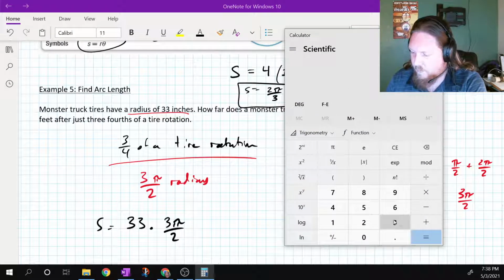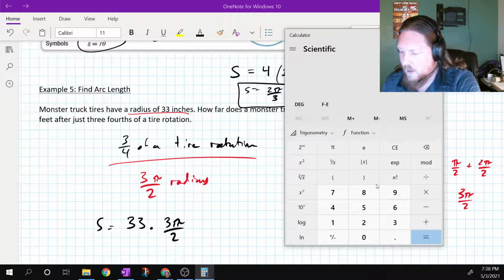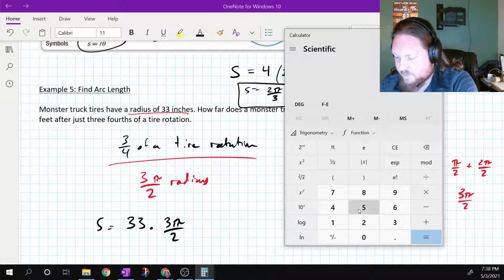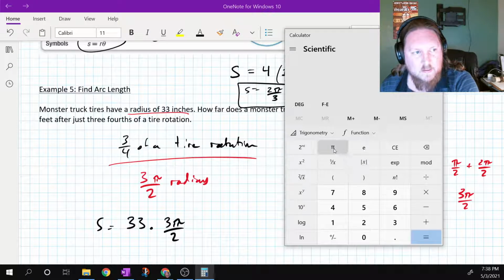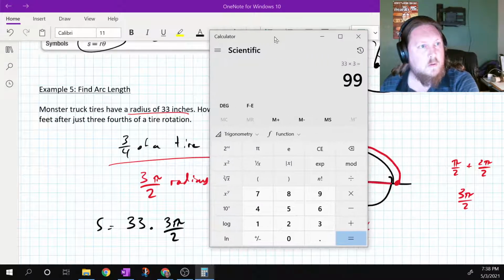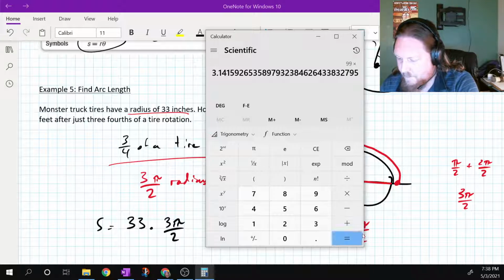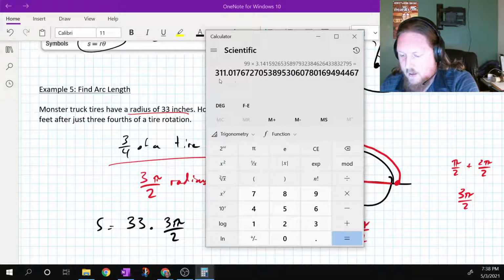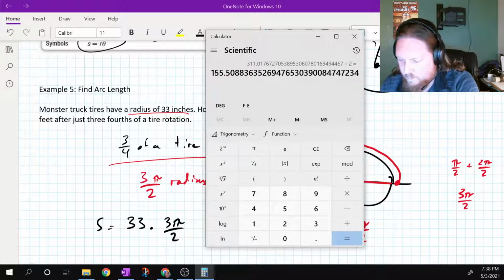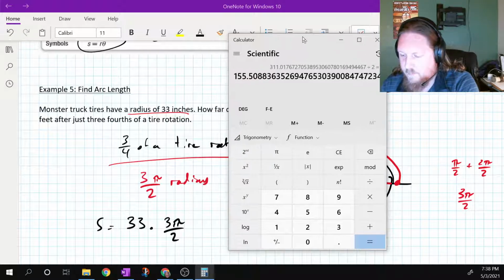So 33 times 3 equals, and sometimes there's a nice pi button on your calculator. Here we happen to have one. Now I'm going to multiply this answer times pi. It equals, and now I just have to divide it by 2. So I get 155.5